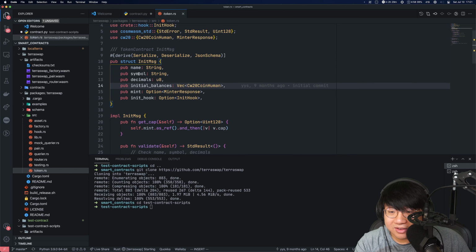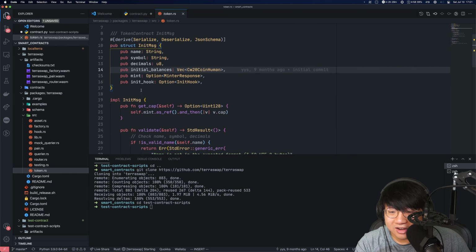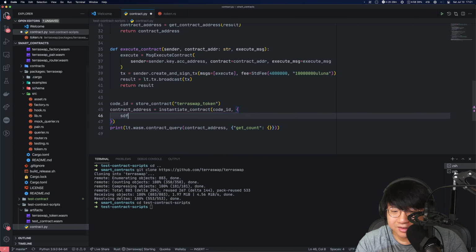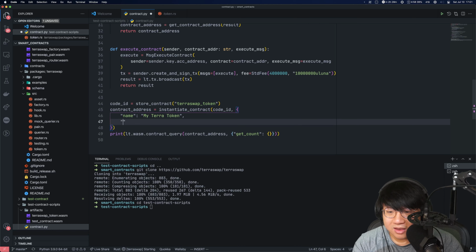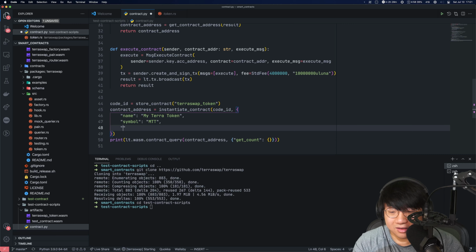So we need a name, symbol, and initial balances. Okay, so the name, let's just call this my token, my Terra token. And the symbol has to be some 3 letters, MTT. And what was the other one? Decimals.